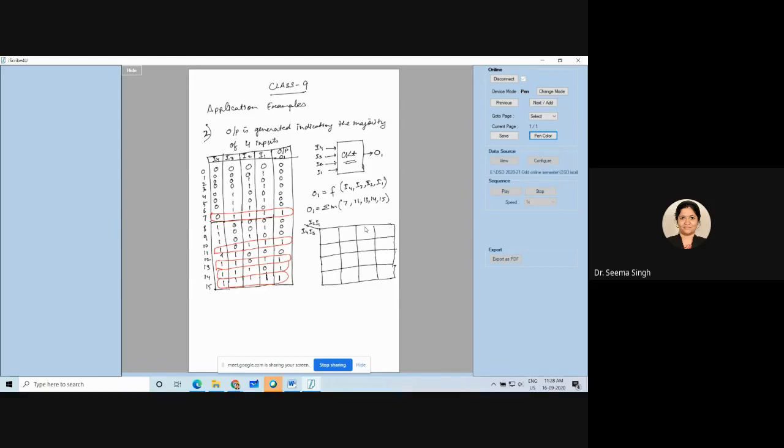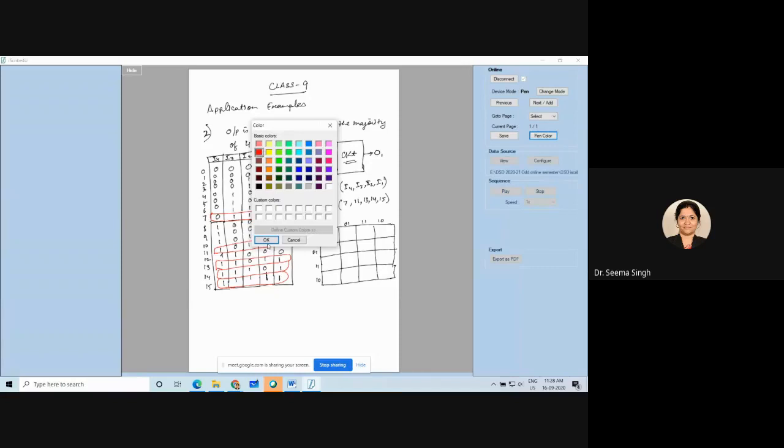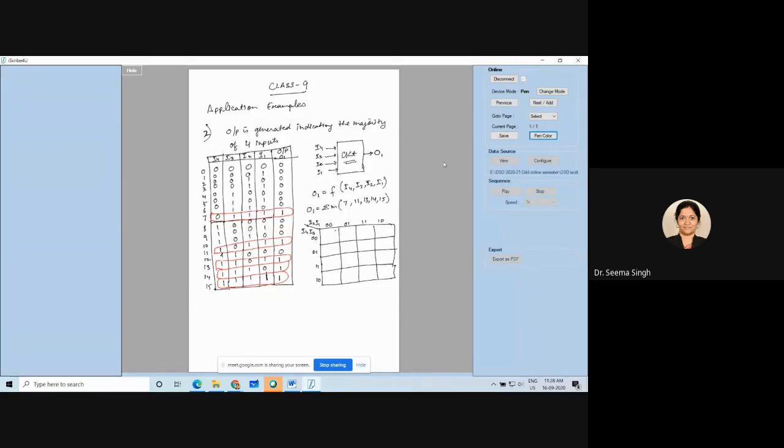Okay, so it is I4, I3, I2, I1. Please write it carefully because I4 is MSB, it will come here only. So I4, I3 will be written like this and I2, I1 will be written like this. Right? Quickly I am doing so that we complete one question in a complete way so that nobody in the class has a doubt. So this is solving this question completely.